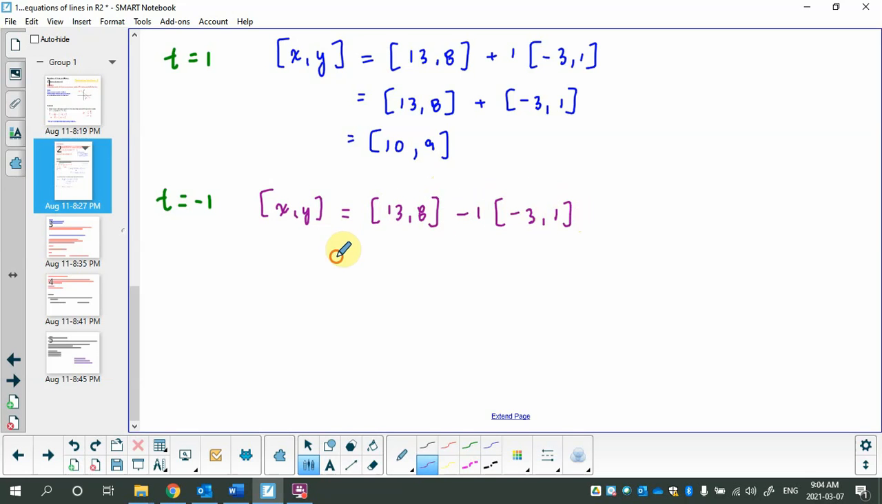So I don't know if you remember me doing this in the first Cartesian vectors unit, but my suggestion was that you multiply both numbers, both components by -1 and add instead. So that's 3, -1. So 13 plus 3 is 16. 8 plus -1 is 7. So we've found